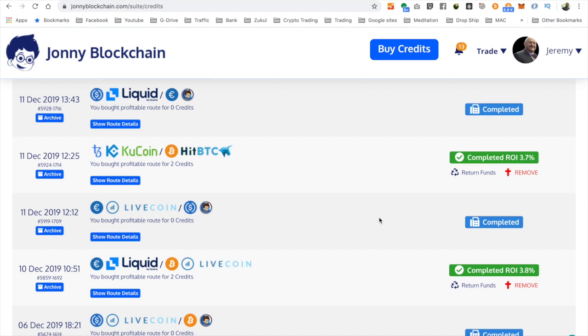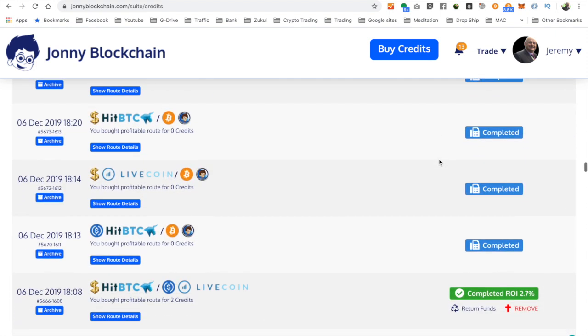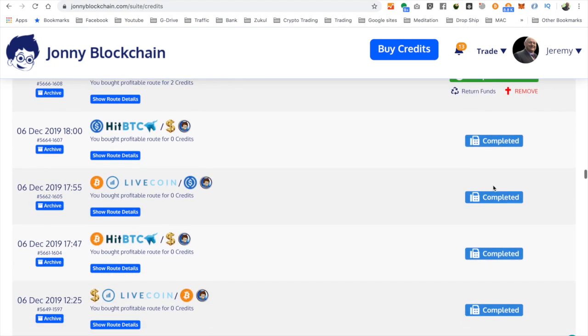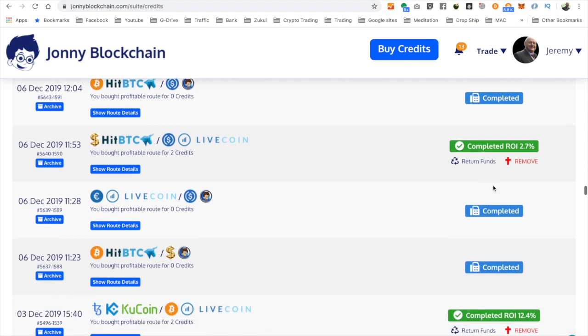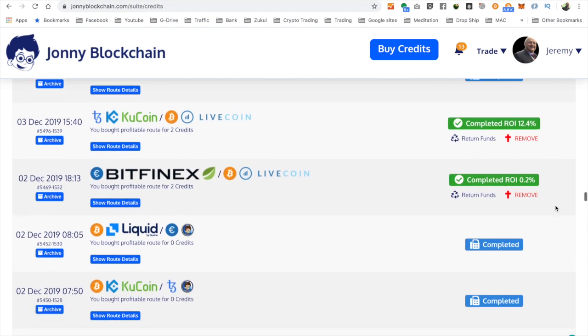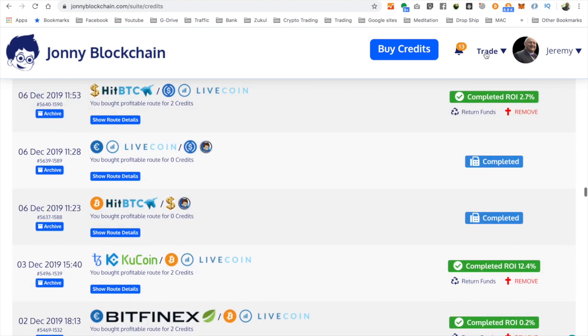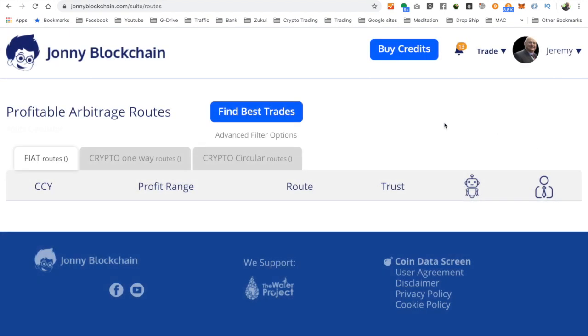I love the swap coin tool that we've got, the currency tool, and if I go down further, look, it's just fantastic for me. Fantastic that I'm getting all these trades, and if you see here, I'm only halfway down the screen, so I'm not going to go all the way down because you're probably going to get bored. But I want to take you over to the arbitrage section, and I'm going to click on here